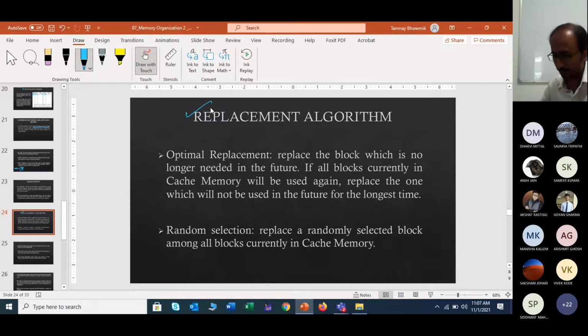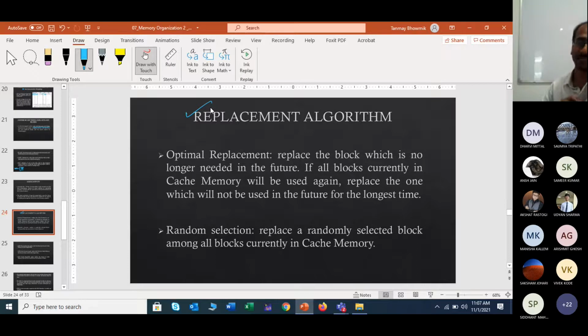That means you have to continuously receive, update and modify data, because the cache memory storage is very small. So there are some processes based on which you have to update the data.